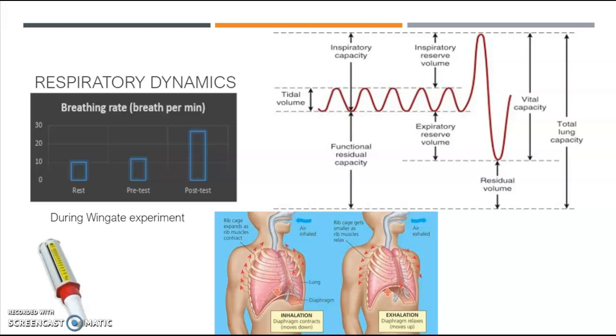For exhalation, the muscles relax and therefore the ribs move inwards and down. The diaphragm relaxes and folds up in the middle slightly, and these things cause the volume of the area to decrease, and therefore the pressure inside is larger than the pressure outside, and so the air will be forced out. Inhalation is triggered after exhalation happens, where all the air, apart from the inspiratory reserve volume, has